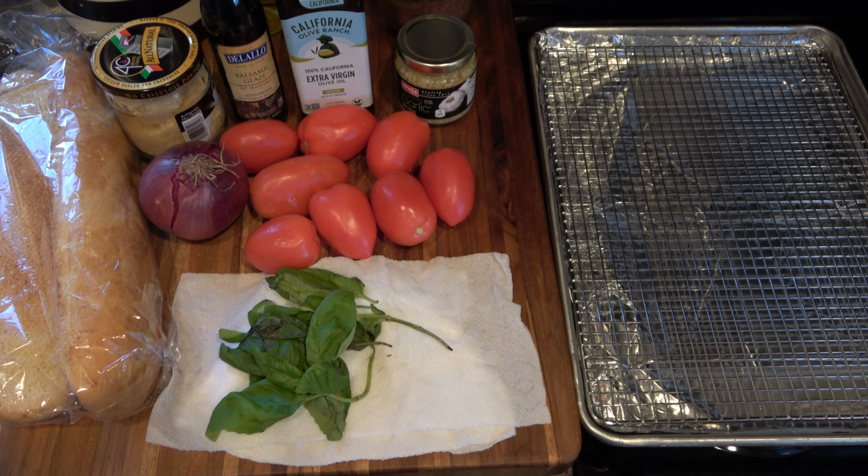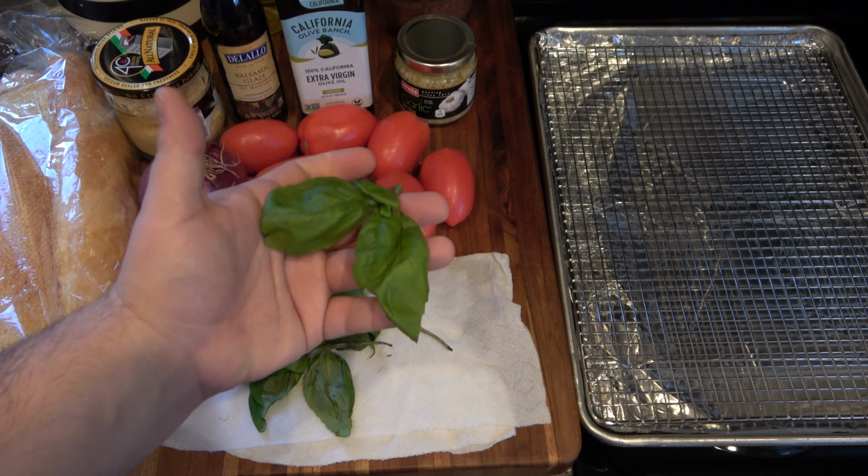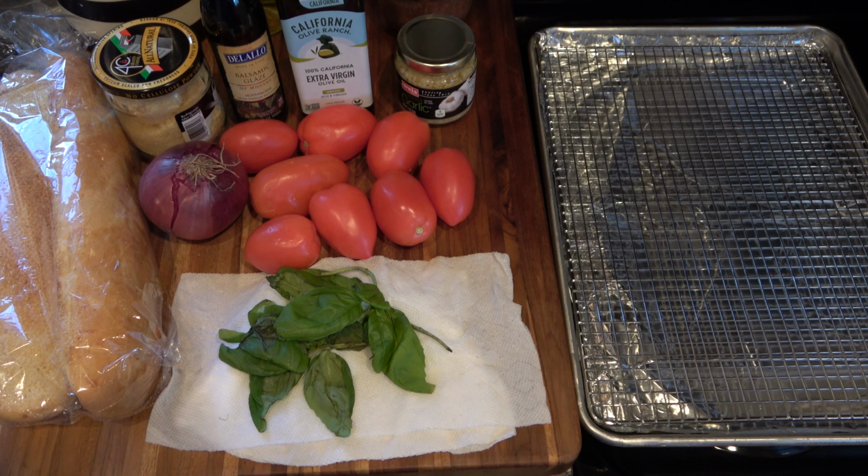Definitely a pop of flavor. It gives a little bit of spiciness to it. An onion spice. And then some fresh basil. And it does make a difference. Use fresh basil, not dried basil. That's pretty much it. So I'm going to move all this stuff off to the side, and we're going to